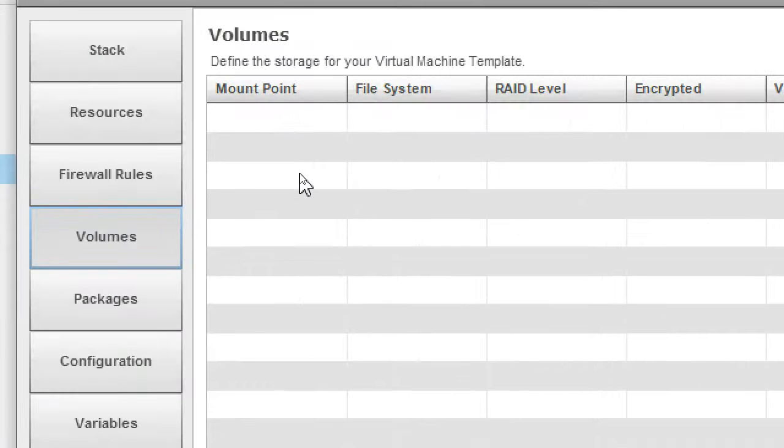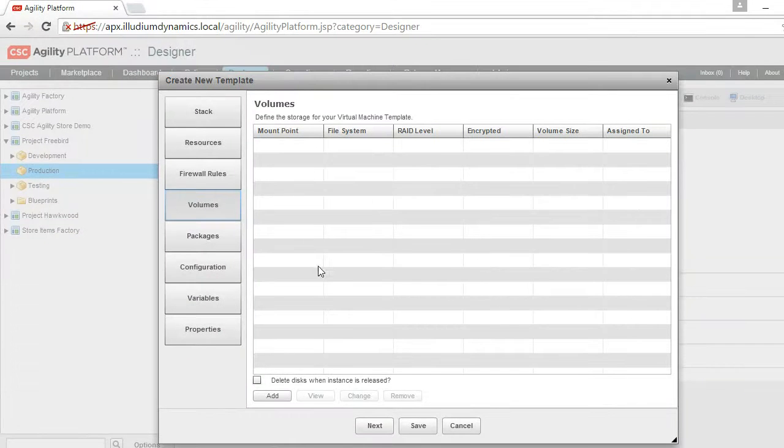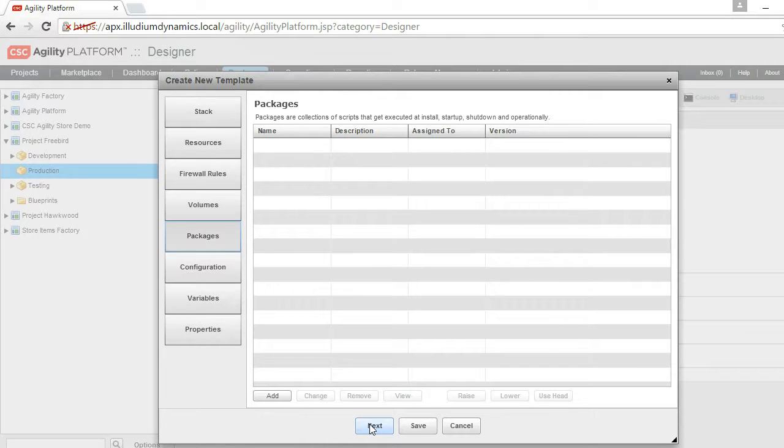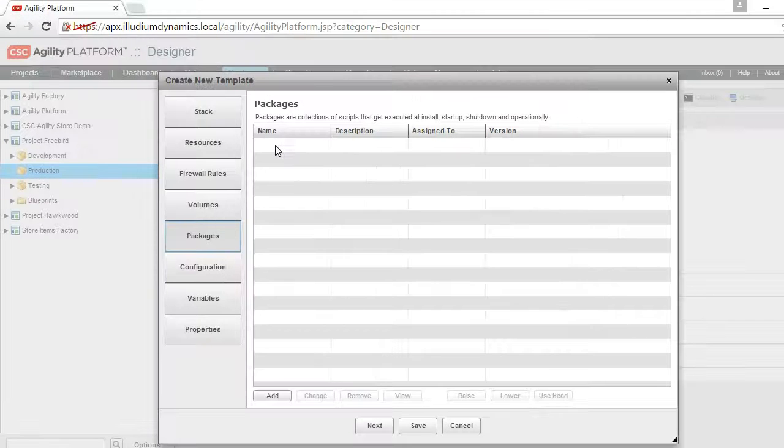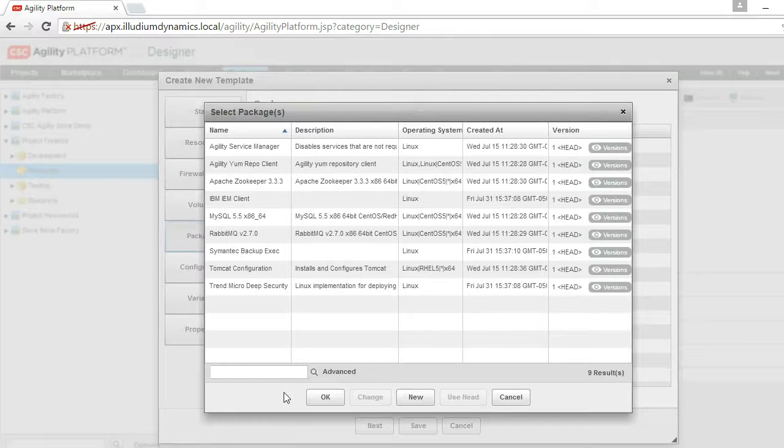So we'll say Next. And at this point, if I wanted to add a volume to this template so that when the virtual machine comes up it has more storage, I could. If I wanted to add pre-built packages, I could do it as well. Agility Platform has packages that you can insert so that the virtual machine will run those either at start or at the user command,